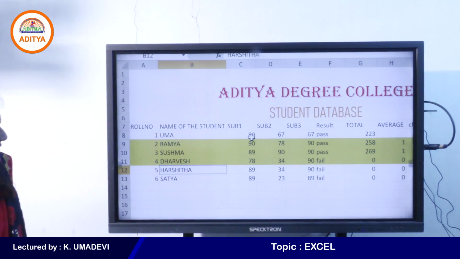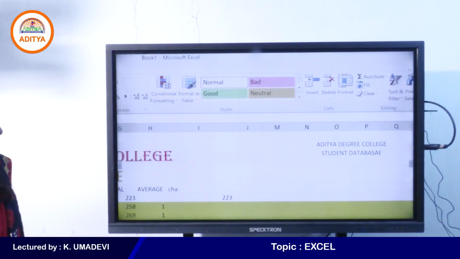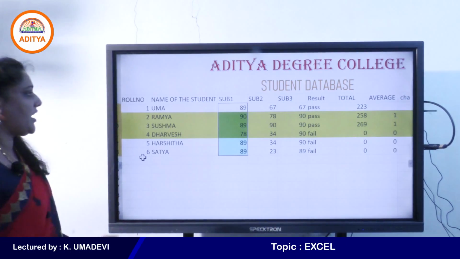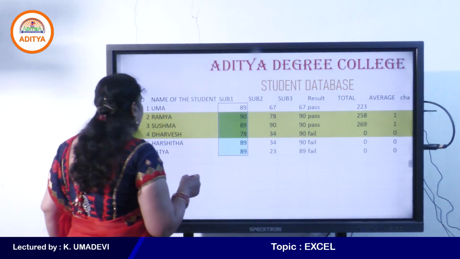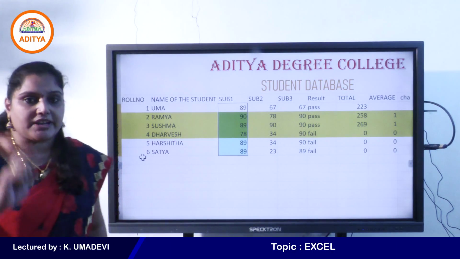Okay, now select the particular column or select the entire table, and if you want to sort the data which is available in colored cells, you can go to custom sort.